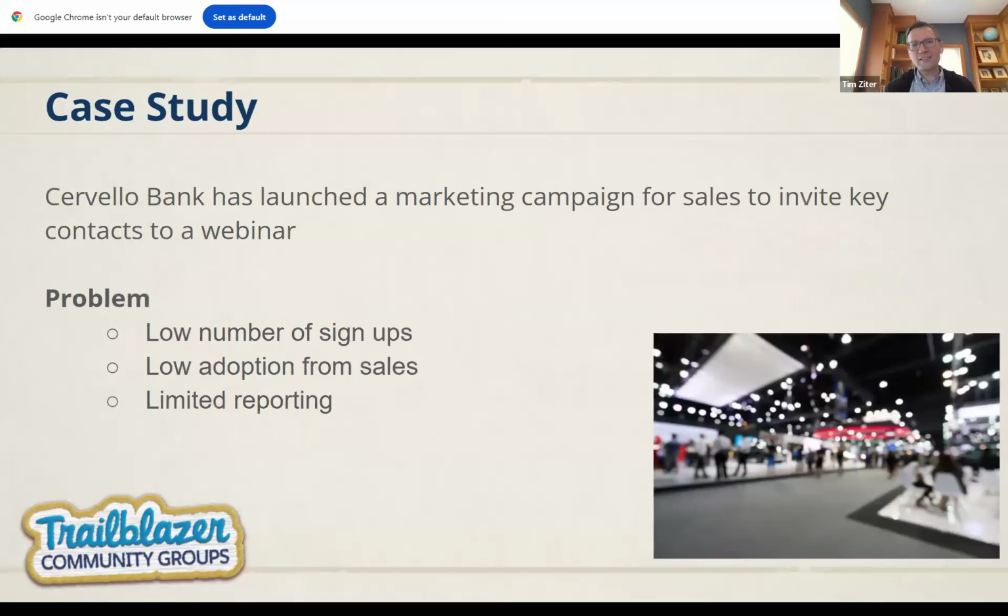So our use case is that Cervelo Bank has launched a marketing campaign for sales to invite key contacts to a webinar. But they're noticing that there are a lot of low signups for the webinar. There's a couple of weeks to the webinar, and they haven't seen a lot of signups. So they wanted to get some understanding of how the sales team is doing inviting people to attend that webinar. Their guess is that they're getting low adoption from